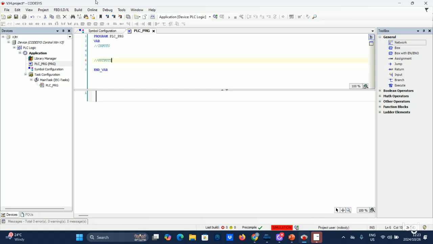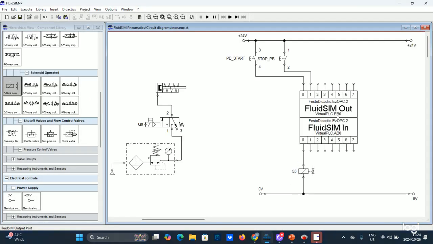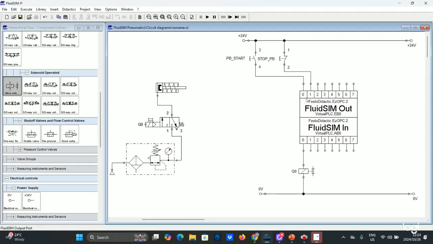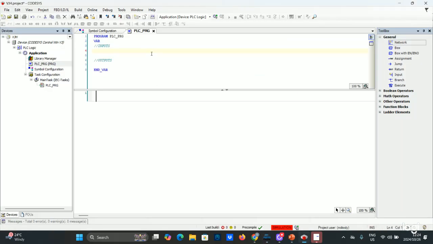for outputs. And then now if we come back here to our FluidSIM, since we configured our inputs as EP0, so now when we are writing this, if I go back again, our start push button is connected to port 0, and our stop push button is connected to port 1. So now how we label this: our I0 is gonna be our start push button, so our I0 is gonna be at percentage IX